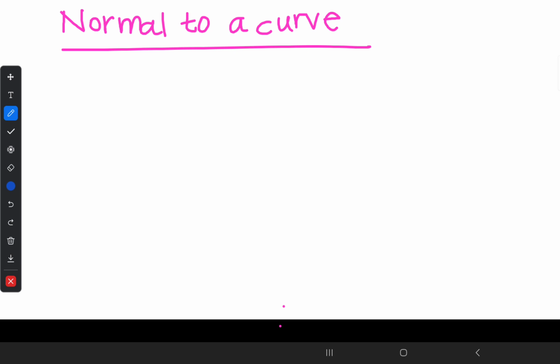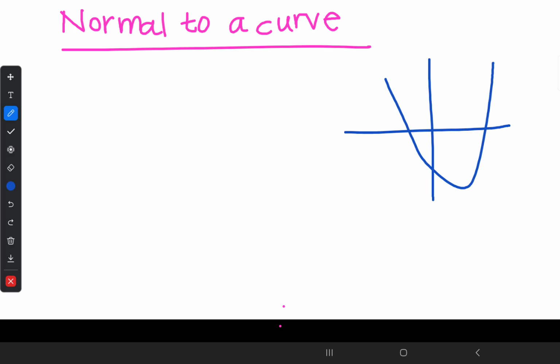Okay, here we are going to find the normal to a curve. Normal to a curve means, first of all, we know how to find the curve equation, all those things. Here the question is something like this: y equals 3x² minus 5x plus 1. This is our graph equation. At this place, when x equals 1,